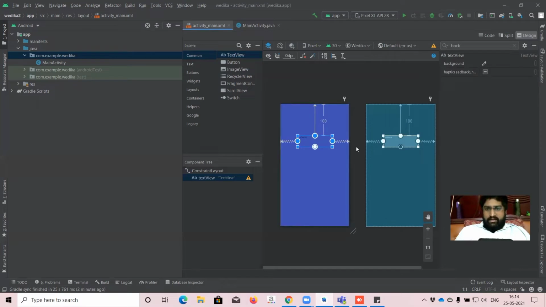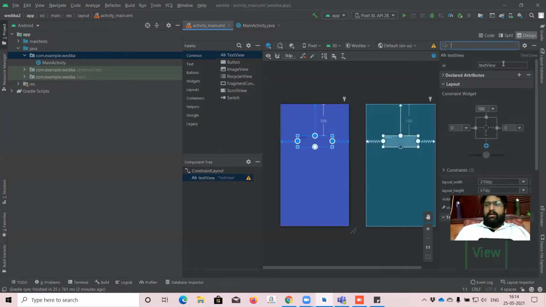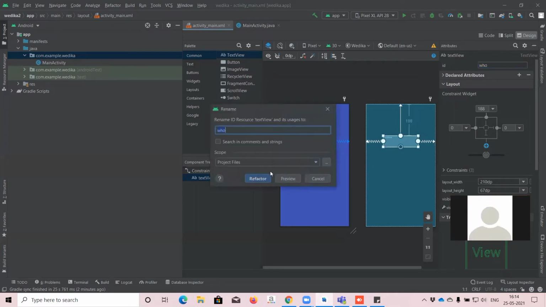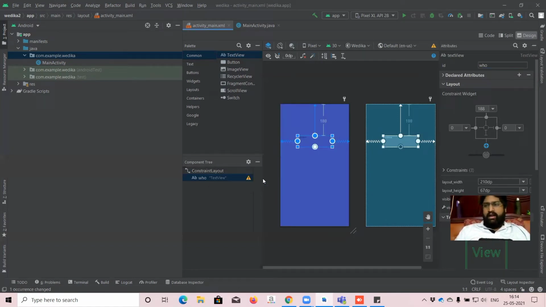Inside this text view, I'm going to name something. The ID will be like who. It asks whether you really want to change the ID. You please enter refactor. Refactor is nothing but rename.